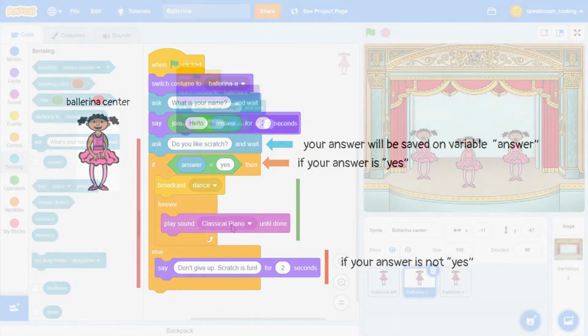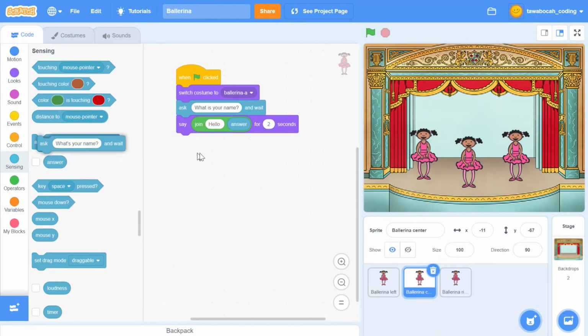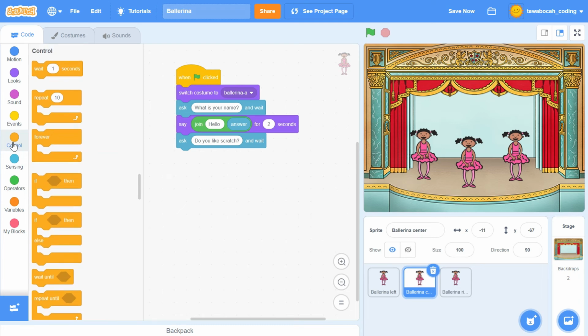Let's make the coding block. Ask the question. Use an if-else block. For the condition, check if the answer is yes.